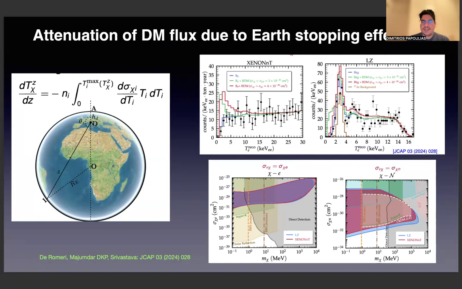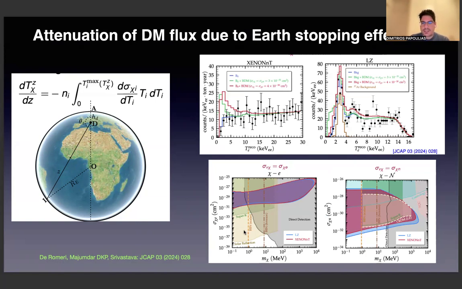So we have analyzed this impact, and assuming boosted dark matter, we are able to use the data of XENONnT and LUX-ZEPLIN experiments in order to put constraints on the parameter space of dark matter mass versus cross-section. And we did so assuming interactions with electrons or interactions with nuclei. In the former case, we find that all the region that we probe is first of all excluded, but of course it is